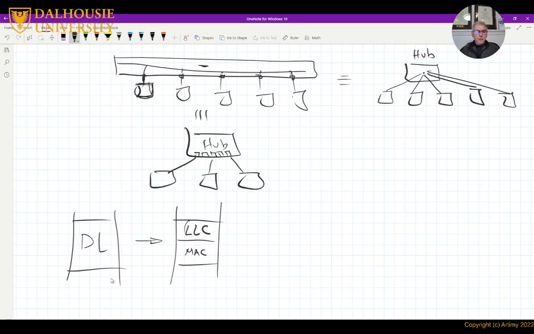So this link layer control does the same thing as the data link before, like it does the windowing, the flow control, the automatic repeat request, and all of that, right? The MAC layer takes care of accessing the medium itself, and maybe it borrows some of the responsibility of the data link, like the CRC, for example. We see it at the bottom layer.